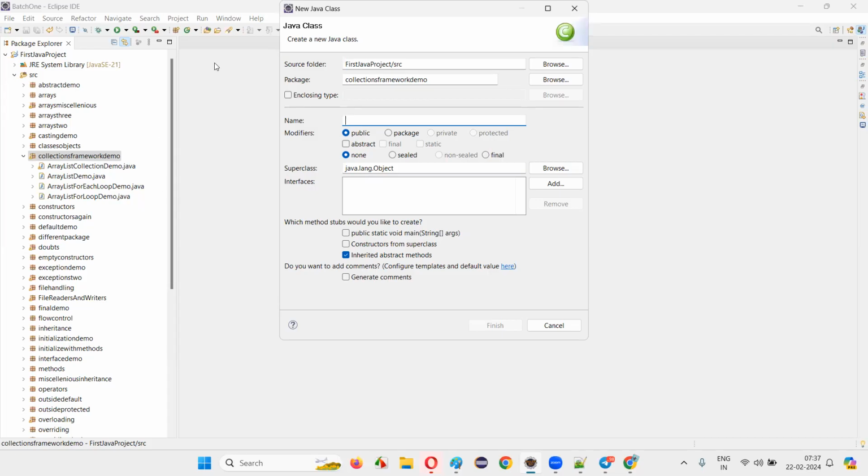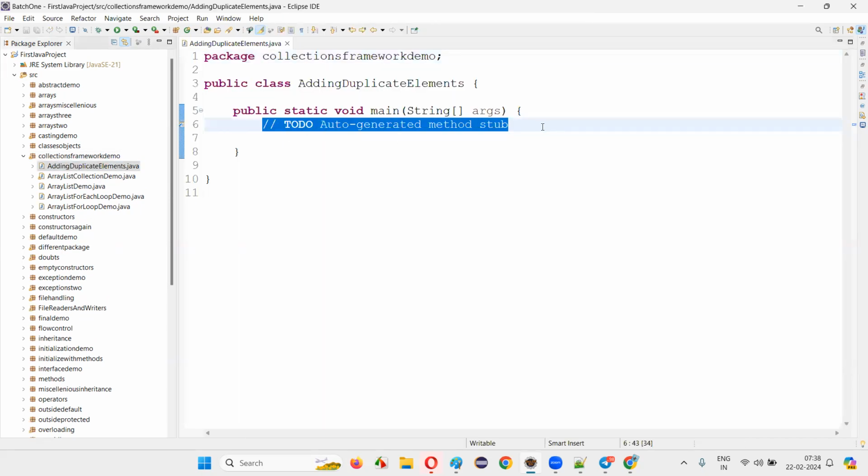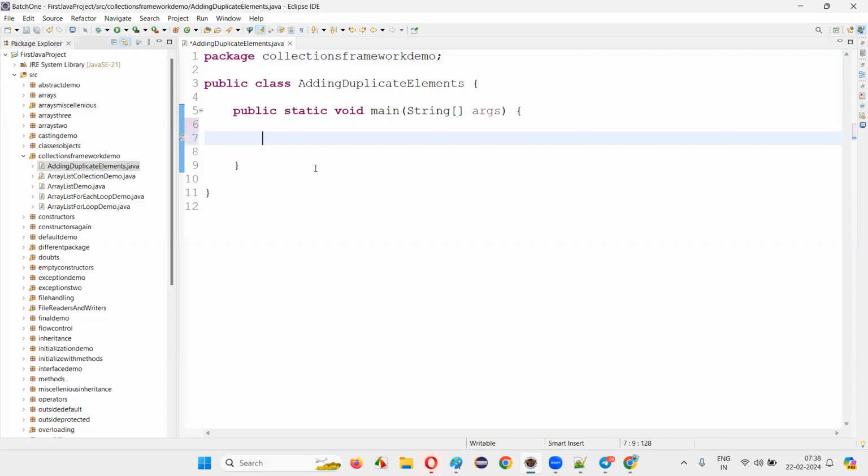Because of this, duplicate values can be stored as elements in this array or ArrayList. Now you got it? Now is that clear for you? Fine. Anyhow, adding duplicate elements. The only thing is that either in arrays or ArrayLists, we can store duplicate values because of the possibility of the indexing concept here. ArrayList,